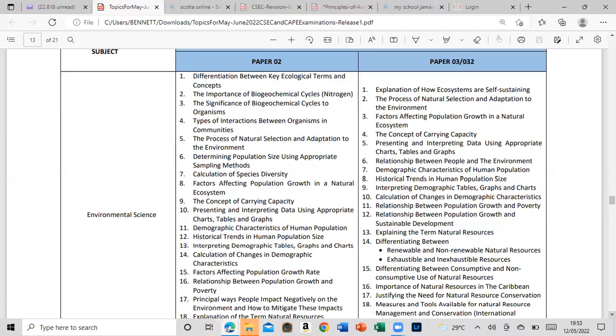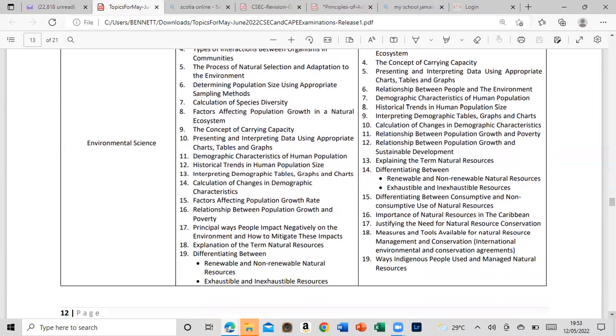Unless it's not done. 15, factors affecting population growth rate. 16, relationship between population and poverty. Population growth and poverty. Poverty are for you guys, all right? Principal ways